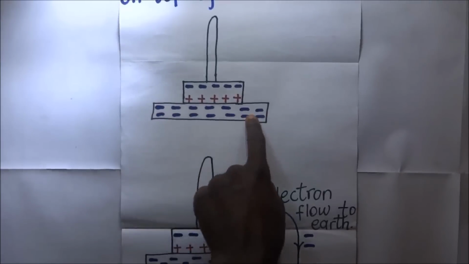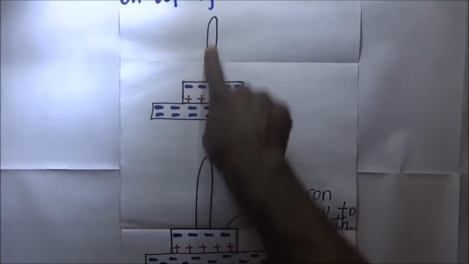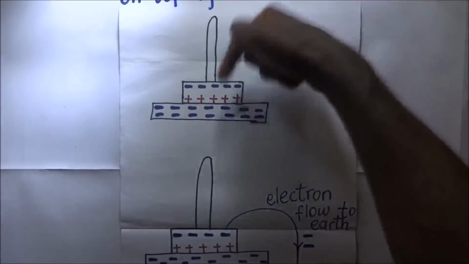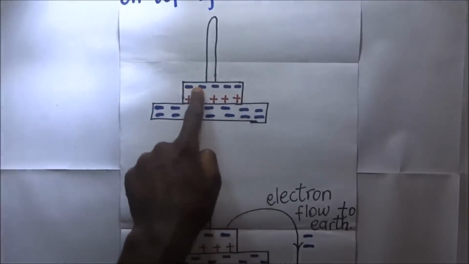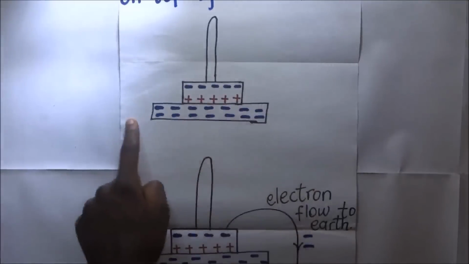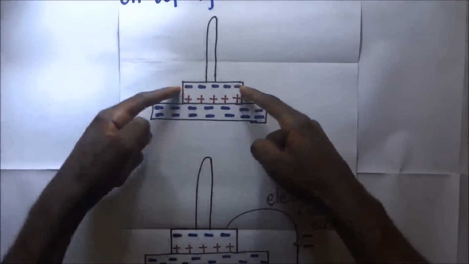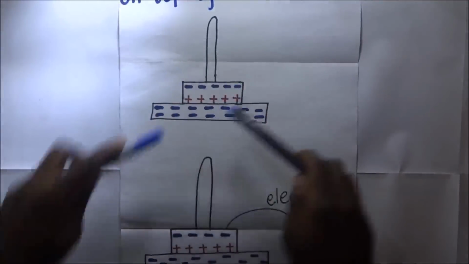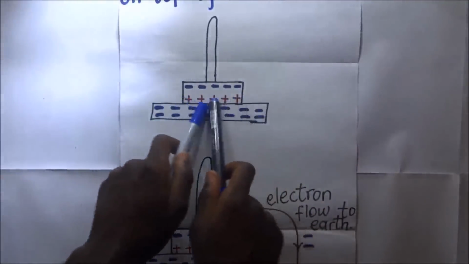When it becomes negatively charged, we get our metal disc and insulating handle. We place it on top of this slab. When we place it on top of this slab, remember that this metal disc initially was neutral, and so when you place it on top of this slab, this being negatively charged, it means that it's going to repel these negative charges. They will move away. The negative charges in blue will be repelled towards the top of the metal disc, and the positive charges will